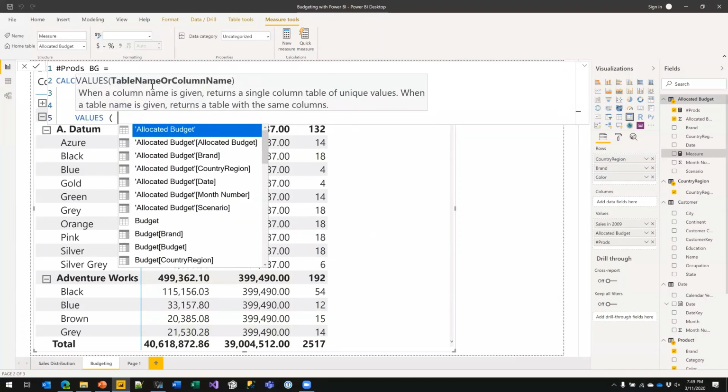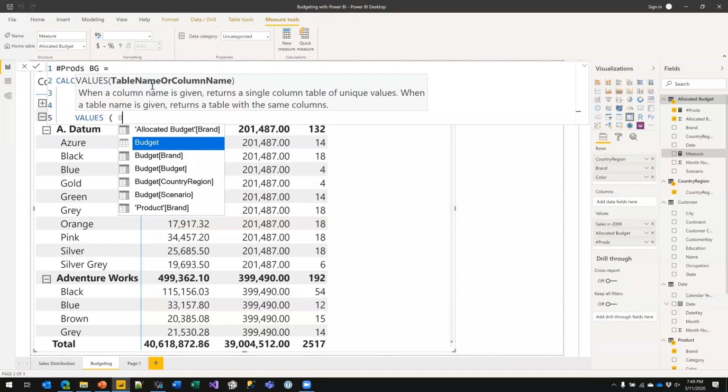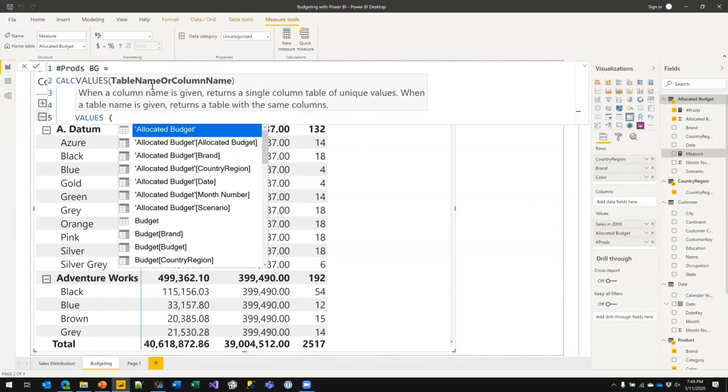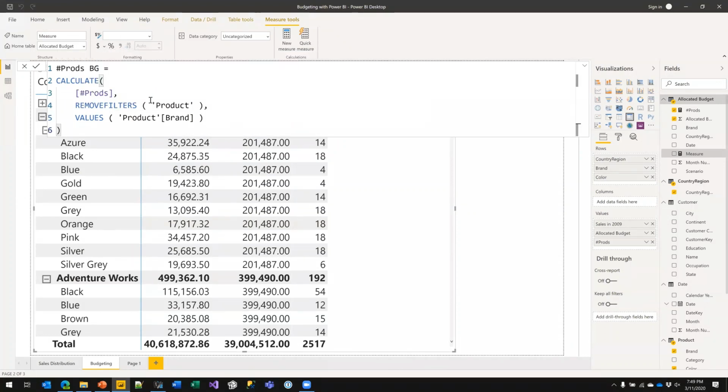But I restore the values of the brands, allocated budget, no, remove filters for the product and it uses a product brand. So I get rid of any filter from the product and I restore the value on the brand. This will get rid of the filter from the color and from the brand, and this will restore the filter only on the brand.